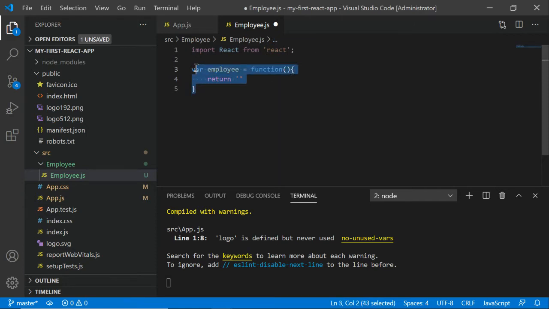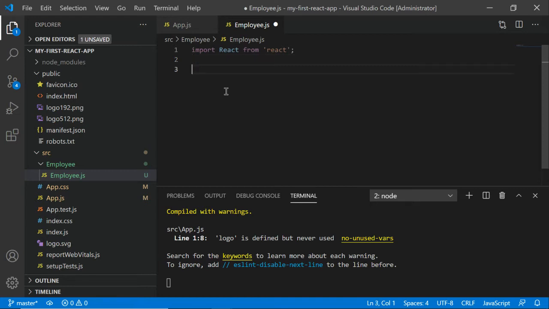This is one way. Also, you can create a simple function, because a React component is just a function. If you are creating a function level component, just create a function and return anything you want to return.